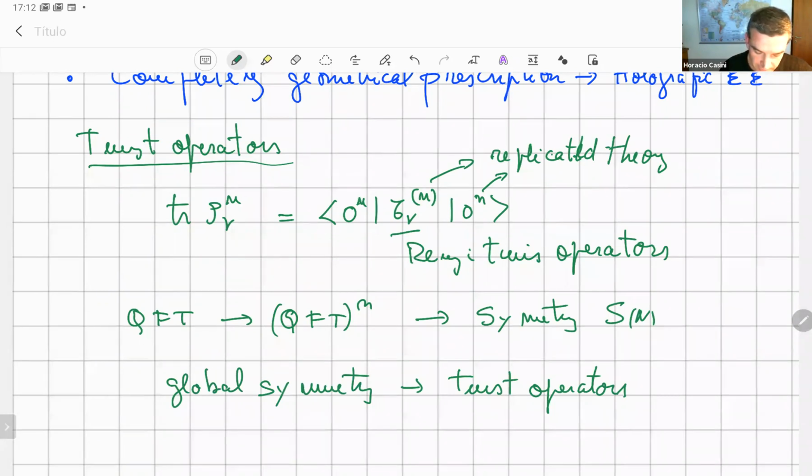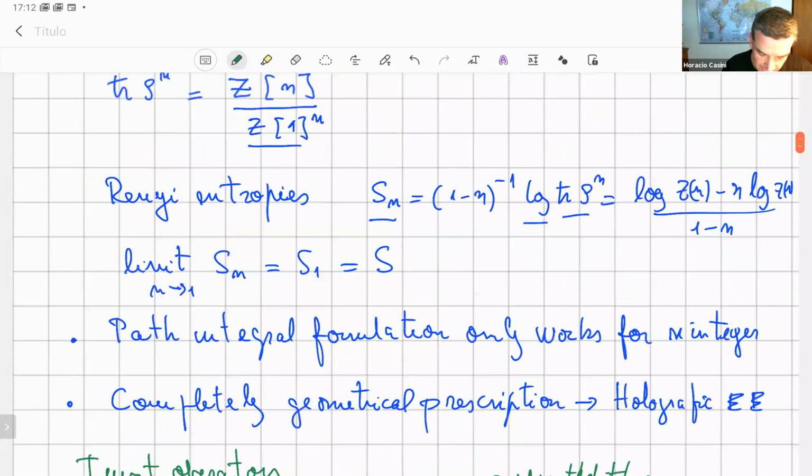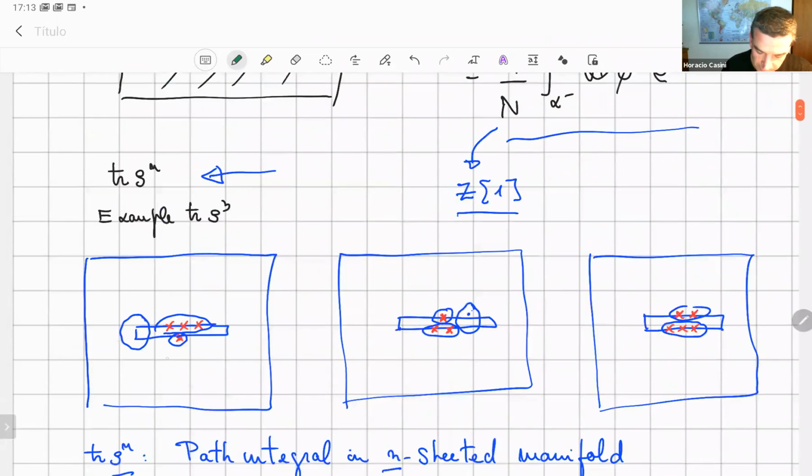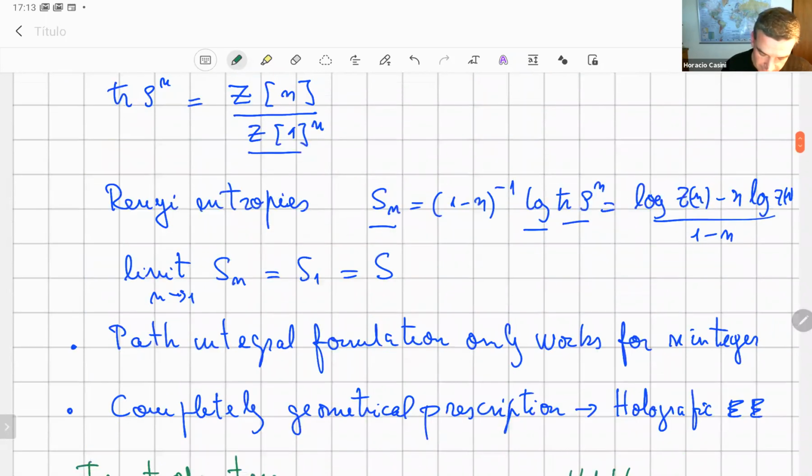For example, here we will implement the operation only here, and this operation in this case is an operation that permutes between these different copies in a cyclic way. So the twist operators in the Renyi case are cyclic symmetry operators